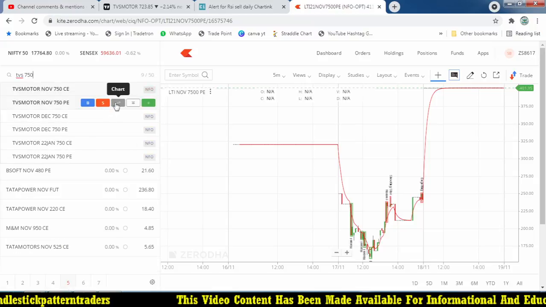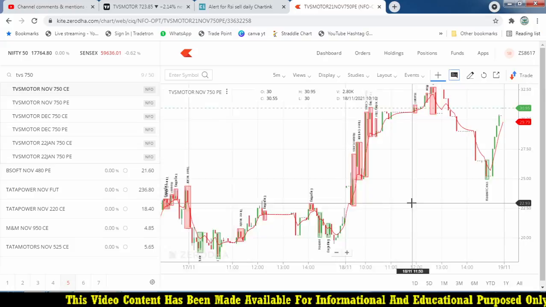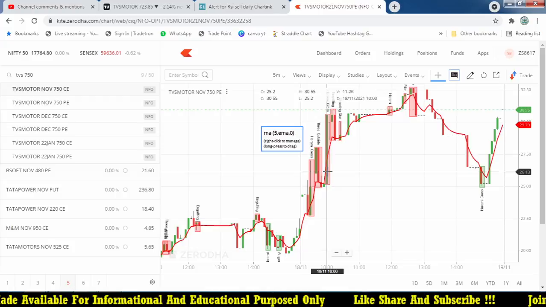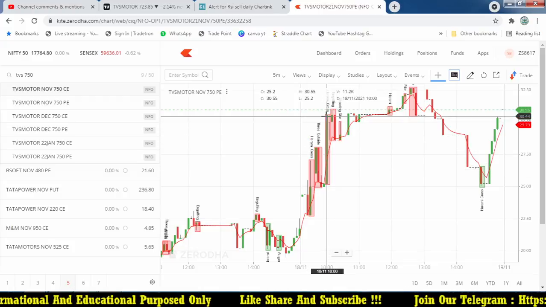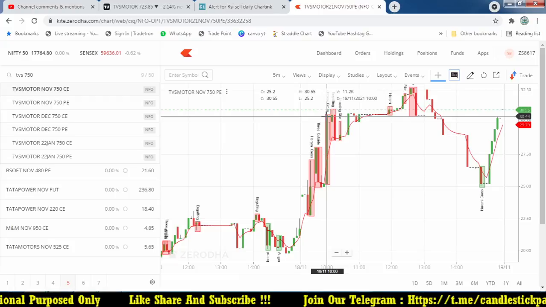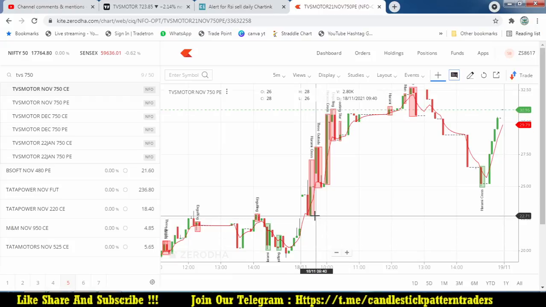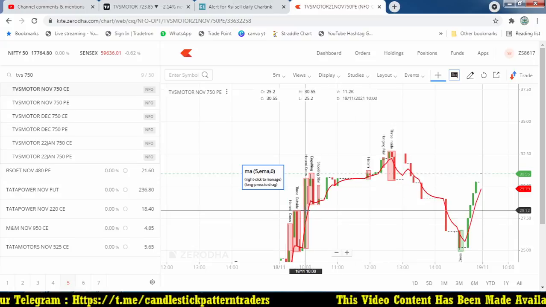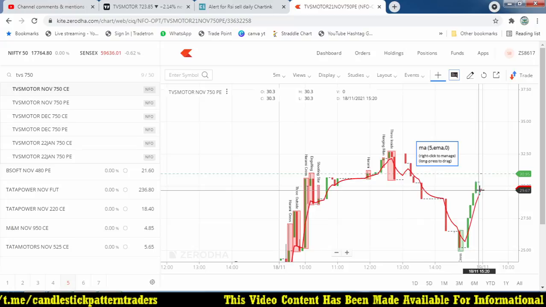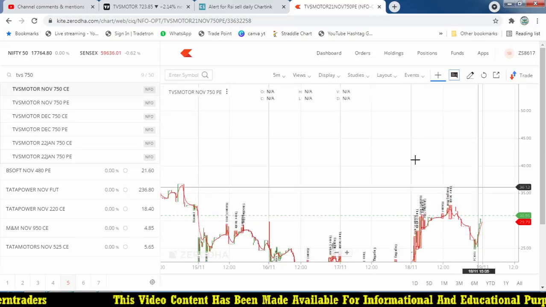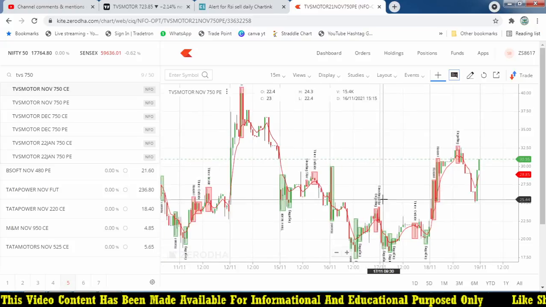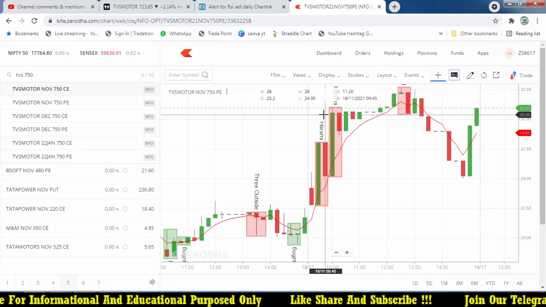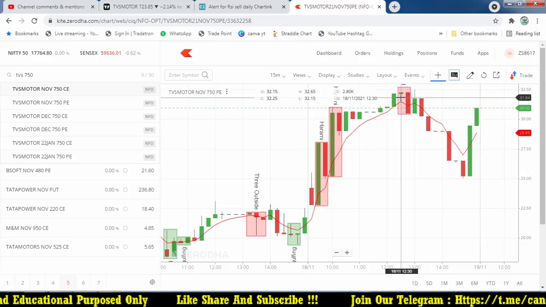If you are going to take the 750 put option, can you see at what time we have to enter? By 10:05. This is the candle where it closed at 30 rupees, but if you take the risk at the day low, that should be 22, so 8 rupees is the risk, and after that it went up to 32 only. From here 30, it did not move big and closed at 29. There is no big movement on the stock. So in the 15 minutes at 10:05, you may try to take an entry around 30, and it went up to a maximum of 32.